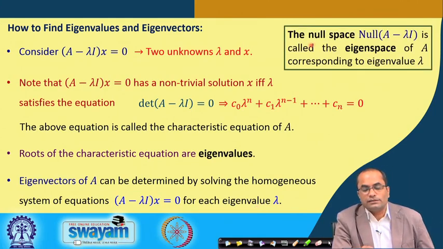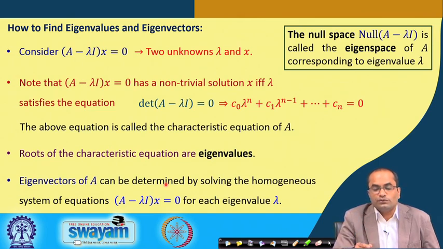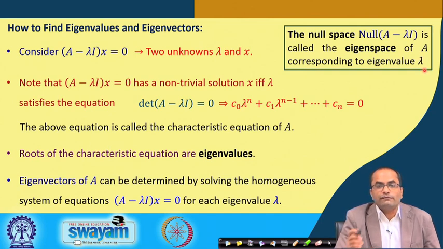And this null space of this A - λI. So, the null space means these x, and which includes the 0 also, because the null space will also include the 0. So, the null space here is called the eigenspace of A corresponding to eigenvalue lambda. So, what is in the null space? The null space carries all the eigenvectors plus the 0 vector, because the 0 is not the eigenvector. So, here in the null space, which is also called the eigenspace, it contains all eigenvectors including 0 vector, because